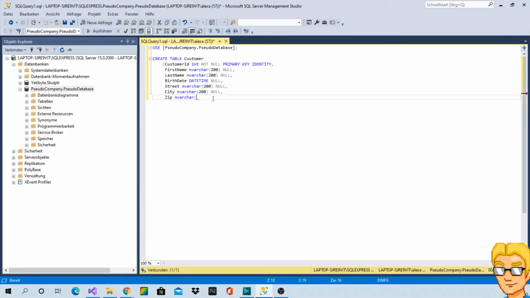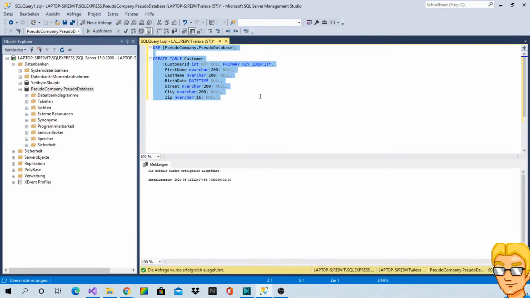And that's not going to be 200 characters. That's going to be like, I don't know, 10. Maybe let's be generous and say 16. And I guess that's it. There we go.